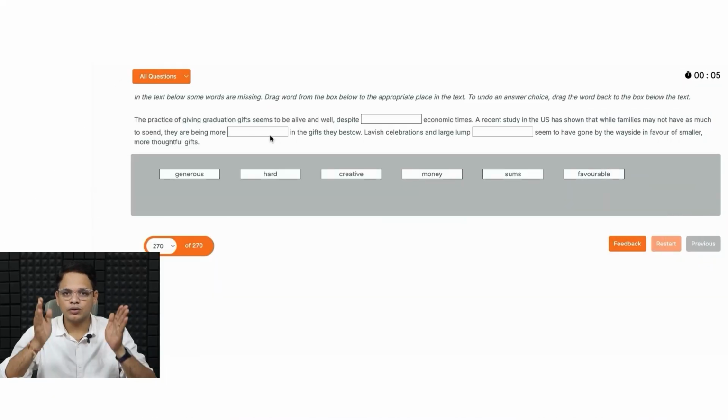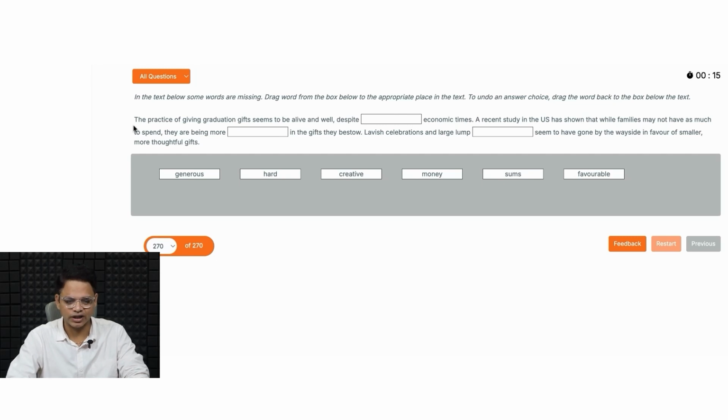Hi guys, let's implement the 3 steps of reading, fill in the blanks. This is the sample question which is in front of us. So now, step 1 is to read the first sentence or first line of the paragraph and the last line or last sentence of the given paragraph. Let's do that. The practice of giving graduation gifts seems to be alive and well, despite blank economic times. So it is all about what, sir? The practice of giving the graduation gifts. That's the thing,